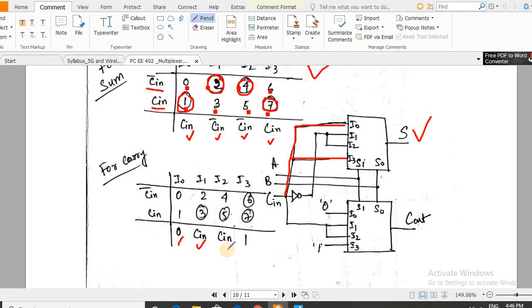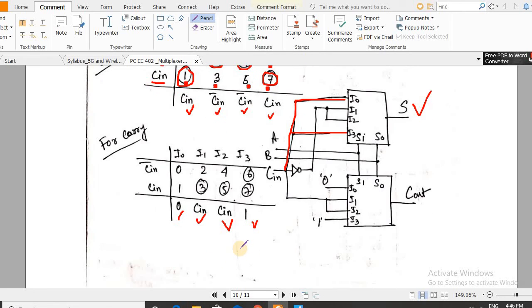Similarly, Cin here, and both the terms 6 and 7 are encircled, so I write down 1 here. So how to connect the inputs? We will connect I0 with 0 and I3 with 1, and I1 and I2 with Cin. So this is the carry block.